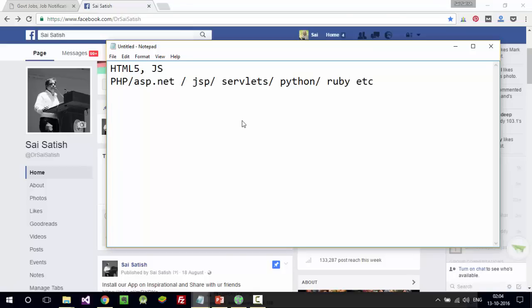If you want to do simple websites without knowing any programming language, you can use some CMS, content management systems. Examples are WordPress, Joomla,